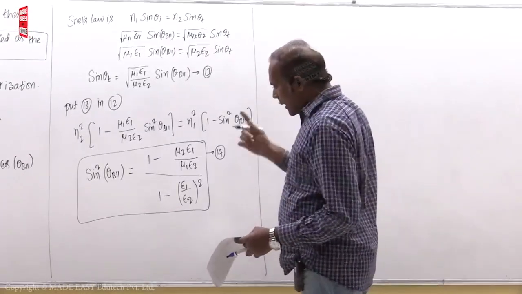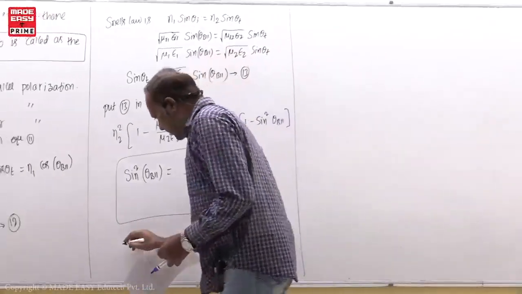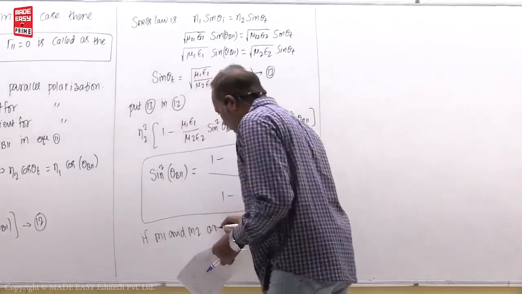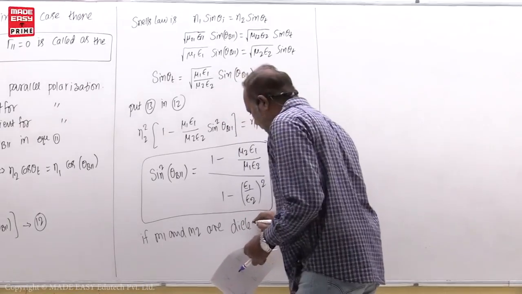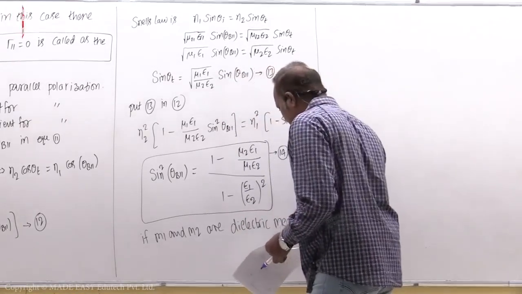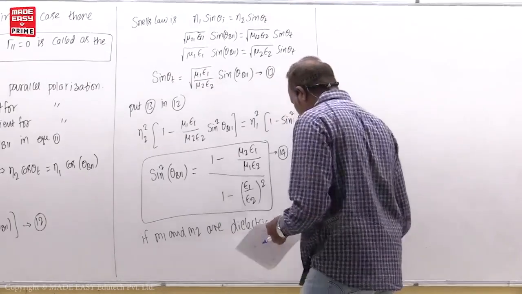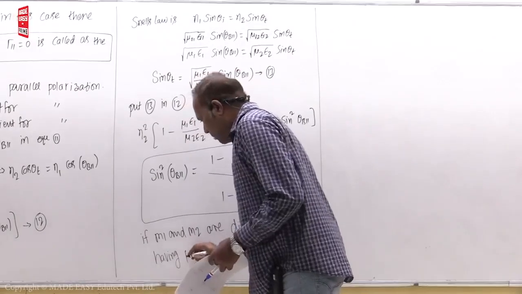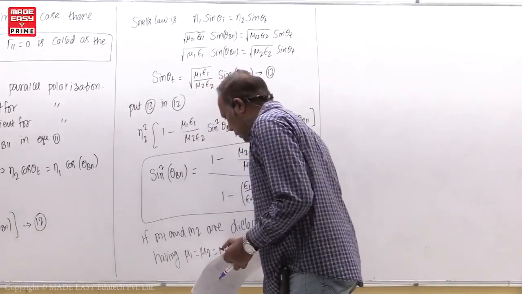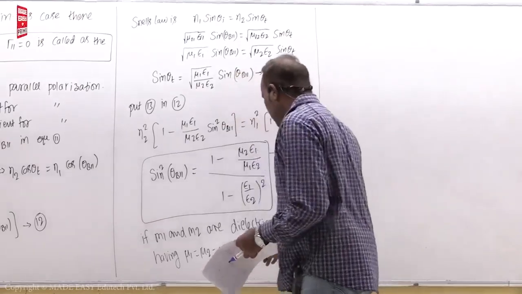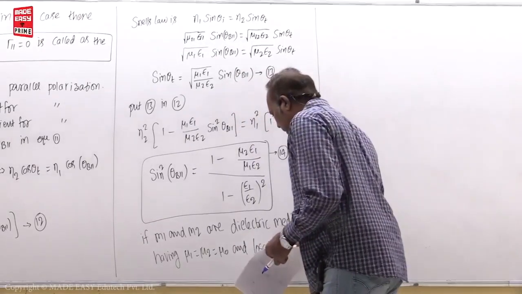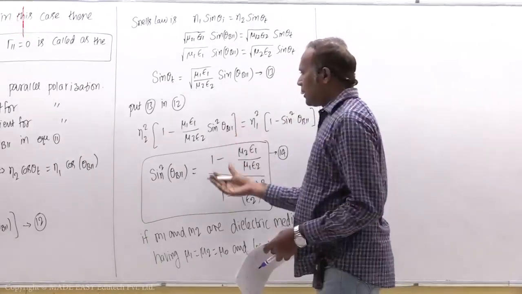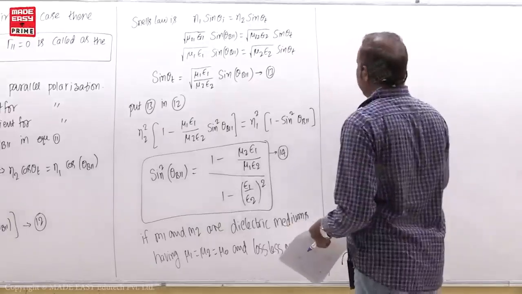Now, this is the general case which I am writing. If medium 1 and medium 2 are dielectric mediums having mu 1 equal to mu 2 equal to mu naught, and lossless mediums. Of course, students, because this discussion we are doing by taking lossless mediums only. Then